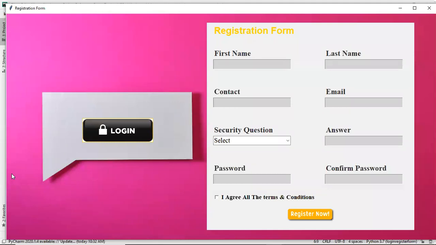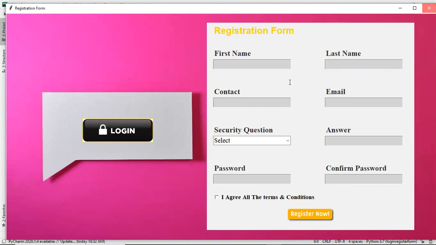What I want is that if any of the fields is empty, for example if you fill these six and leave these two empty and click on the register now button, it will display a message box with an error message saying that all fields are required.